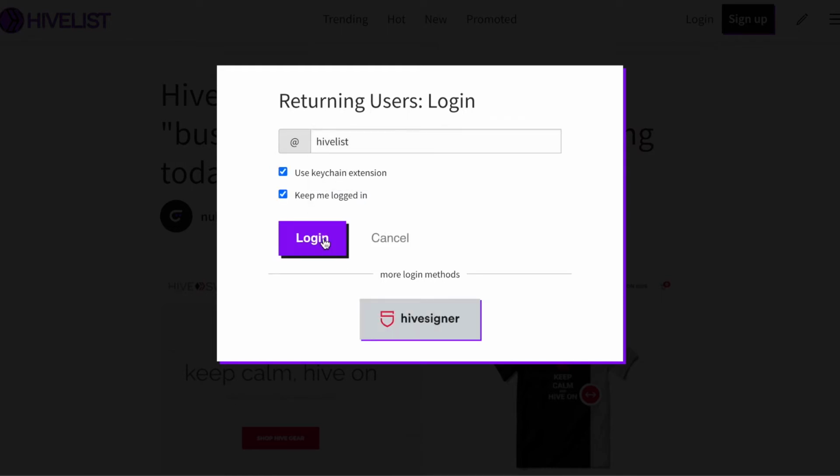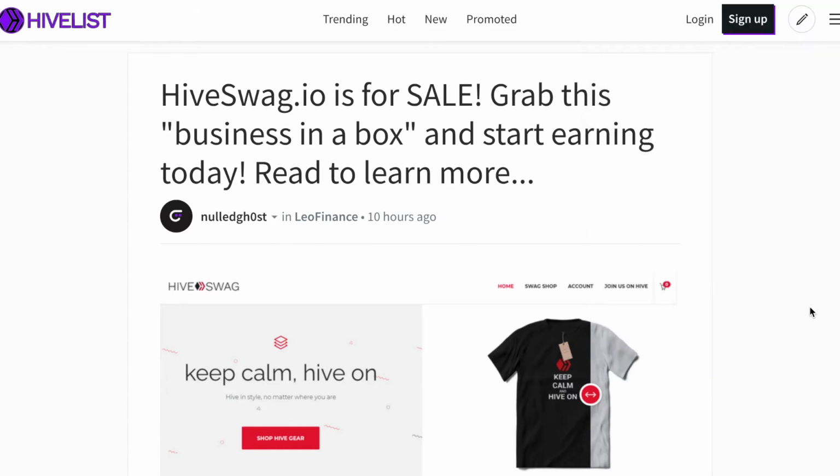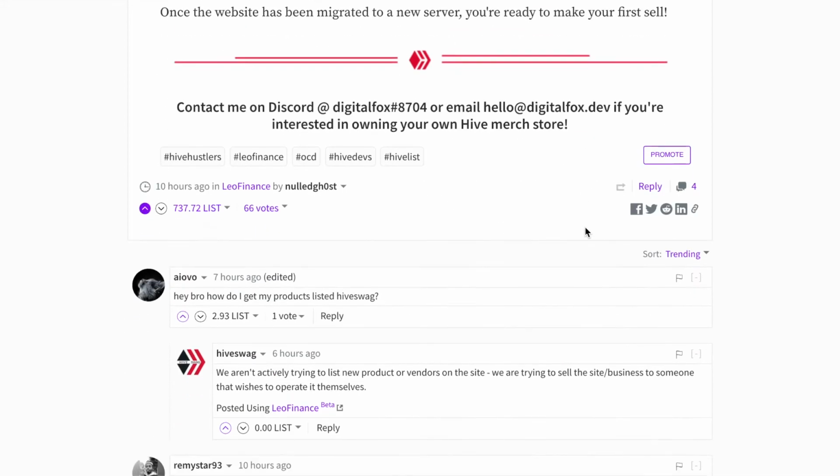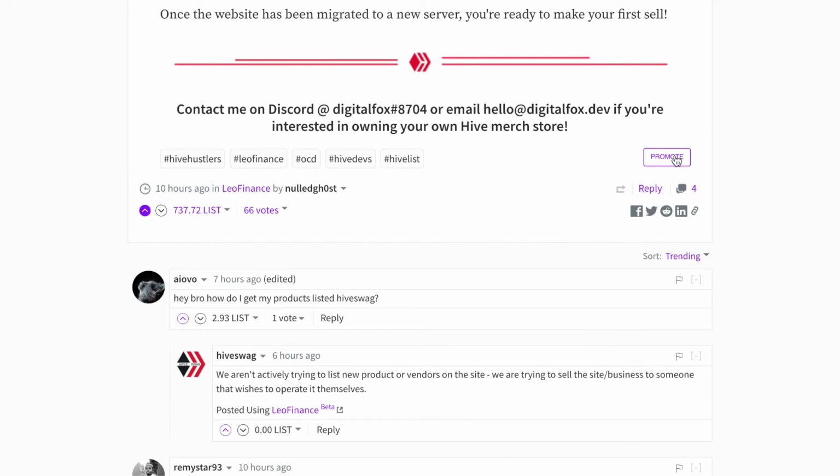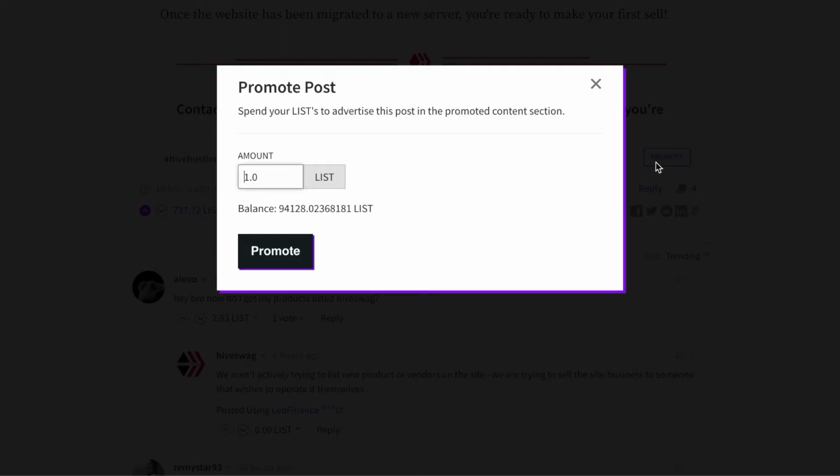Just cleared cache and it wasn't logged in. So let's get logged in with Keychain real quick. And now that we're logged in with Keychain, you're going to see this awesome promote button down here. So you can come in here and actually promote a post. Promoting a post and throwing some list at it